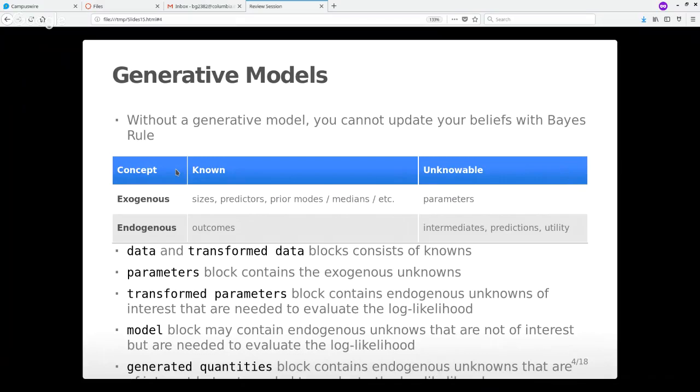And then the last one, the endogenous unknowables. These are things that we don't know because we don't know the values of the exogenous unknowns. But if we knew the values of the exogenous knowns, or we had proposals for the exogenous unknowns,